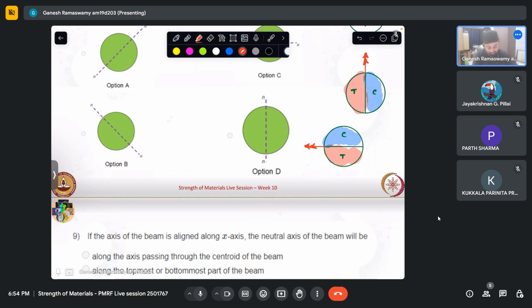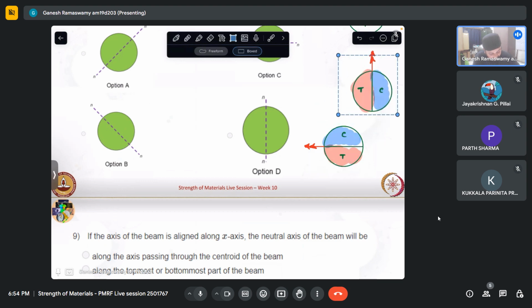So the sum total of these two, when put together, I can see that